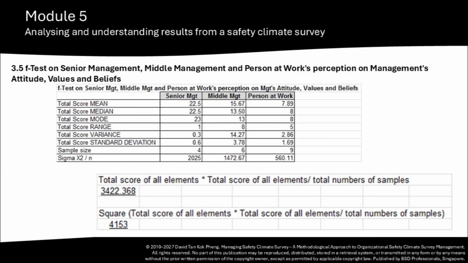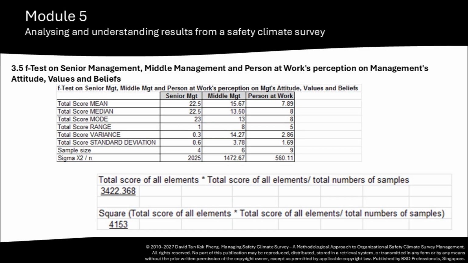Next, an F-test was conducted to determine whether there were significant differences in perceptions of management's attitudes, values, and beliefs among the three respondent groups: senior management, middle management, and persons at work. The computation was carried out as presented in the preceding table. The F-test was used to compare the mean responses of the three groups and assess whether the differences in opinions